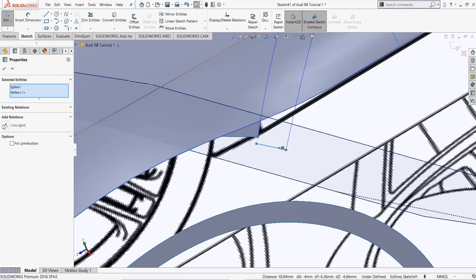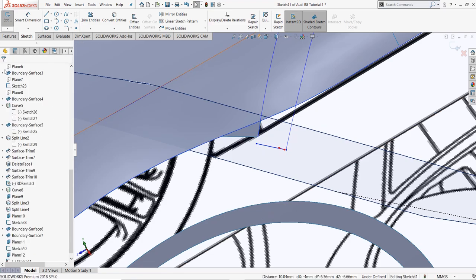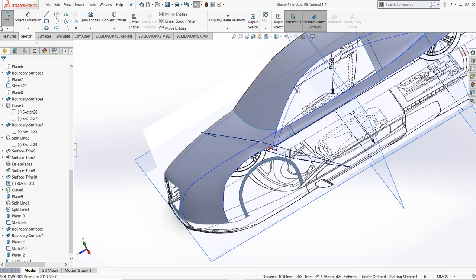Select these 2 points and give coincident, then click OK. Now exit the sketch.